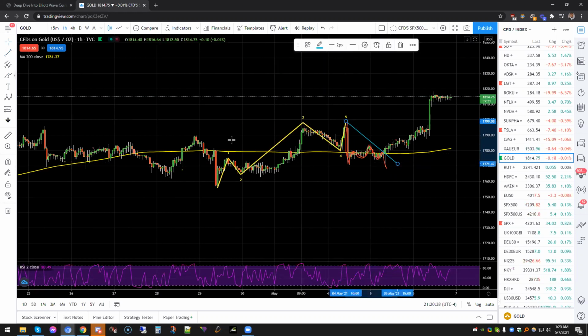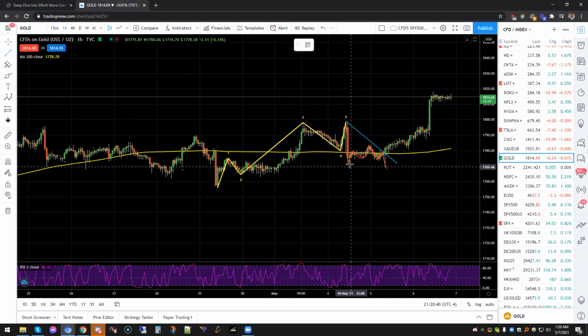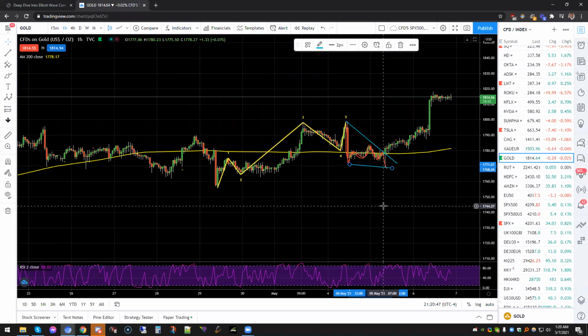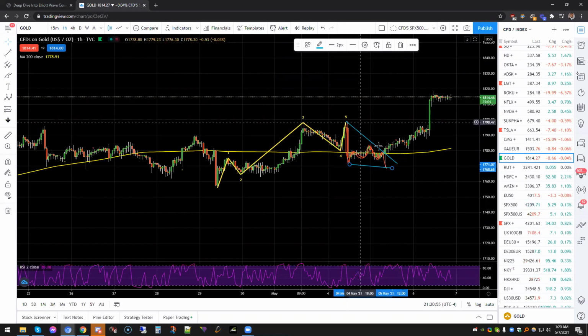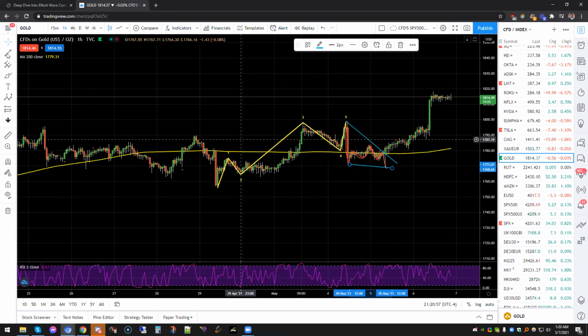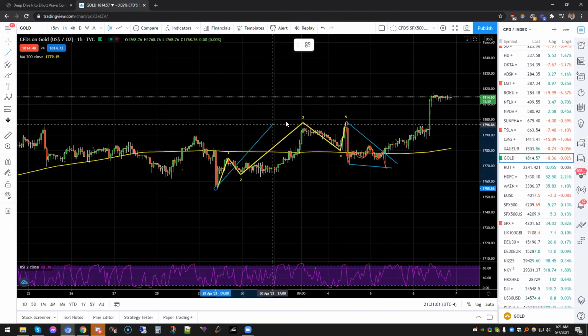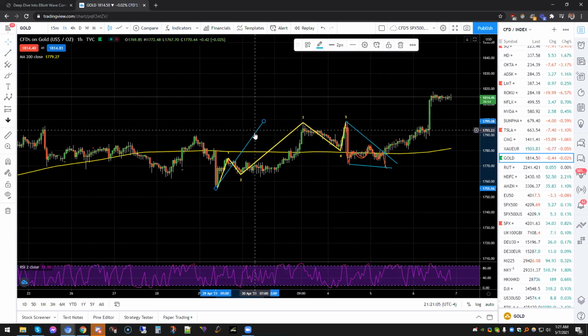Now, with this being a 3-wave move to the downside, some traders would have labeled this, not labeled it, but shaped it like this, and called it a wedge. Right? So some traders would have drawn trend lines over it and said that this is a wedge formation. So if this is looked at as a wedge formation, then I would simply look at this and say, okay, then this is